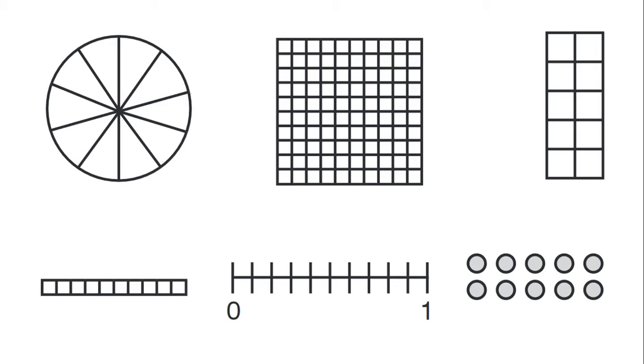Starting on the left, we've got our circle, and I would color in 4 of the slices because it's divided into 10 equal pieces. In the top middle, we have a grid that is divided into 100 pieces. 10 of them would be 1/10, which means that 40 of them would be 4/10ths. 10, 20, 30, 40. On the top right, we've got a rectangle divided into 10 pieces, so 4 of them